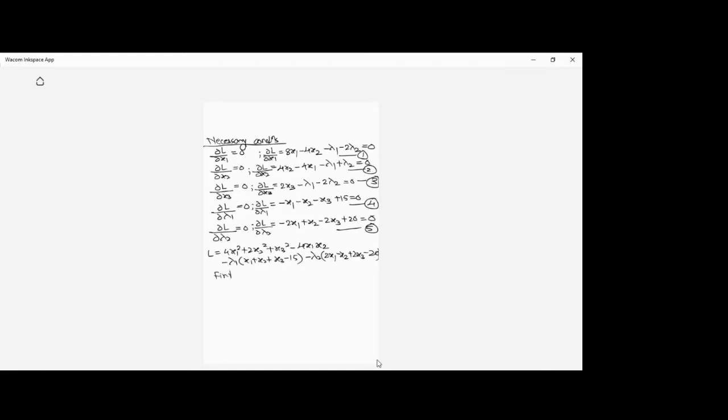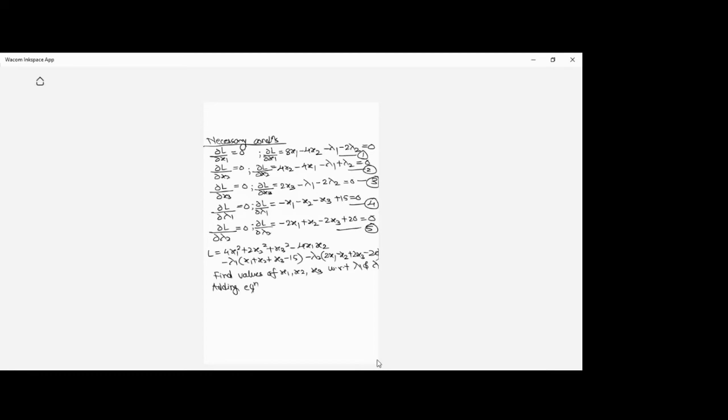I'll be writing down this step here: find values of x1, x2, x3 with respect to λ1 and λ2, right? We have to find out the values of x1, x2, x3 with respect to λ1 and λ2 here. And when we get the final values of λ1 and λ2, those values can be used to find out what are the values of x1, x2, and x3, right? So solving,